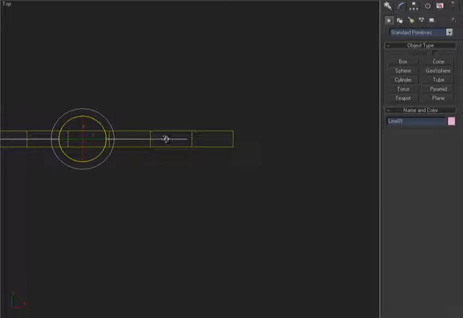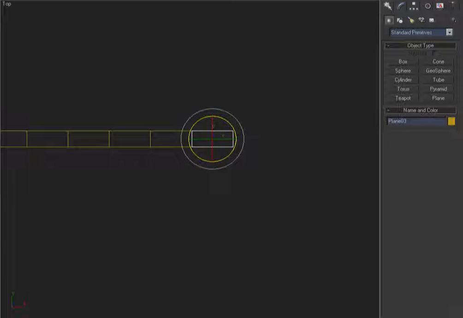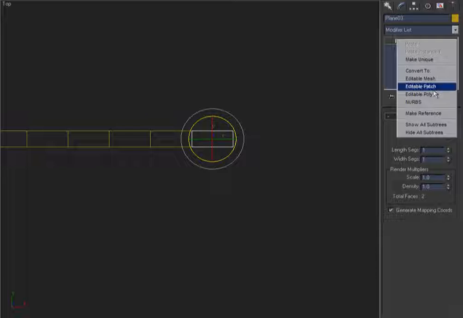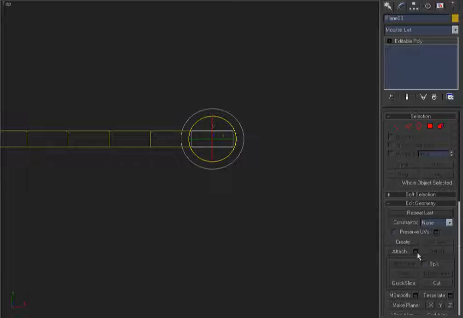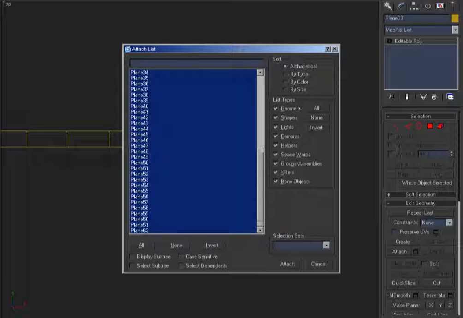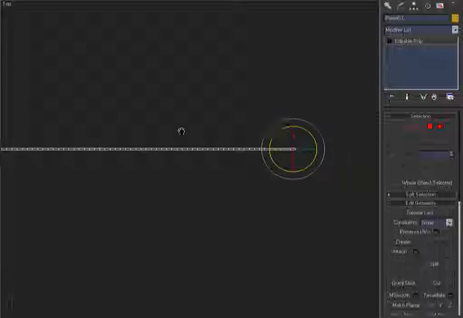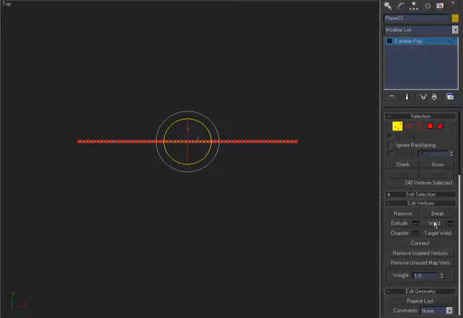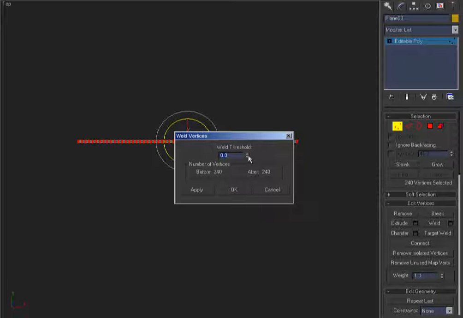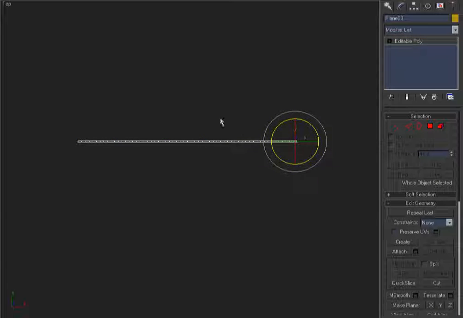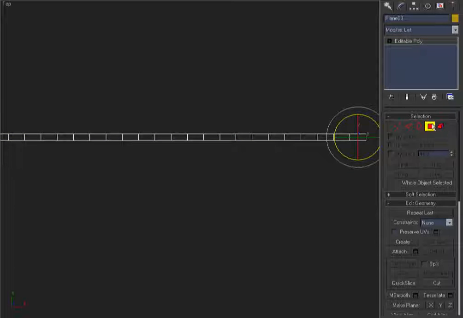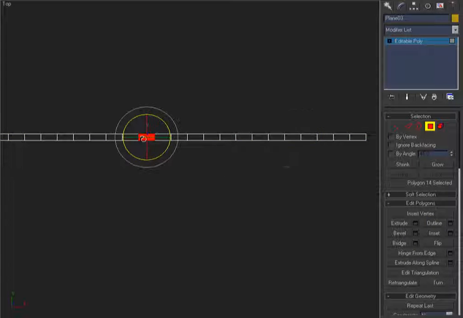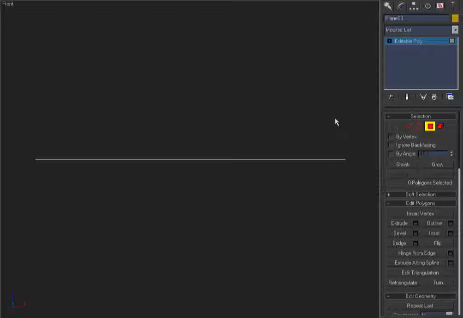And I'm just going to delete this line right here and grab one of these faces and collapse that to the editable poly, and then hit attach list, and then select all the rest of these planes. So now I have one object with a whole bunch of verts in it. So let's go ahead and grab all these verts and hit weld, and make sure you're as low as you need to be. So now you don't have any duplicate verts, so it's one solid mesh. See what I mean? Okay, so now that we have that set up,